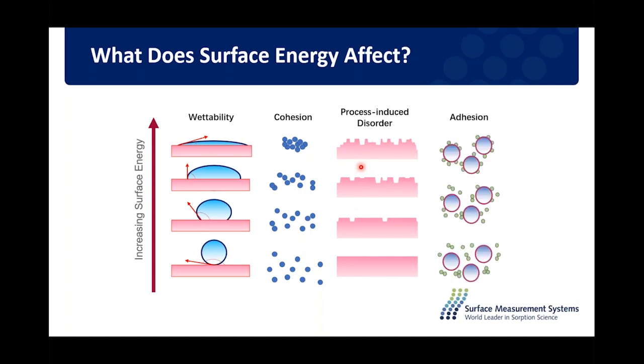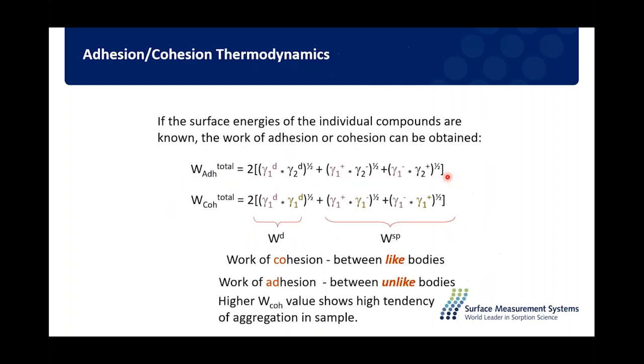Then if we look at composites, binary or tertiary or any type of composite material where I have multiple components, it could be different powders, it could be fibers and a polymer, it could be a polymer with powders. Anytime I have a multi-component system, how those different materials interact with each other is going to be partially controlled and defined by the work of adhesion, which is defined by the surface energy of the materials. So for instance, if I have these large particles, and let's say I increase the surface energy of these large particles, I can overcome the cohesive forces of these smaller ones, then I can increase the adhesion between the two surfaces. So surface energy can be important in lots of different processes.